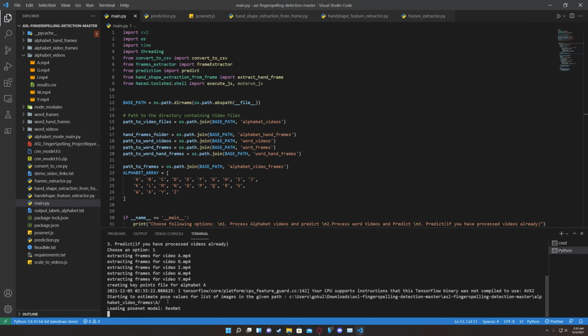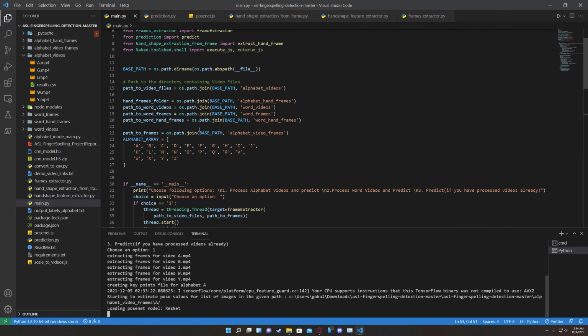Okay, since the model is executing, meanwhile let's visualize the code. Here we are running the ASL model code for the letters shown. Let's see the main.py file and analyze the code.